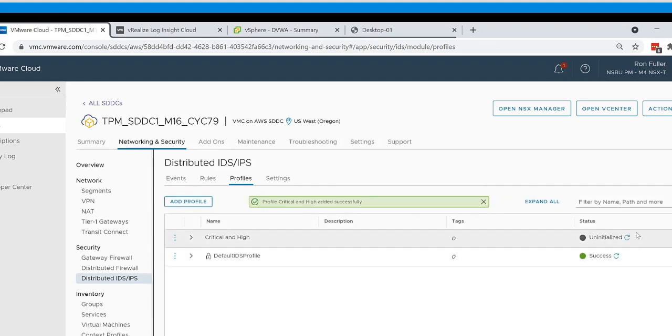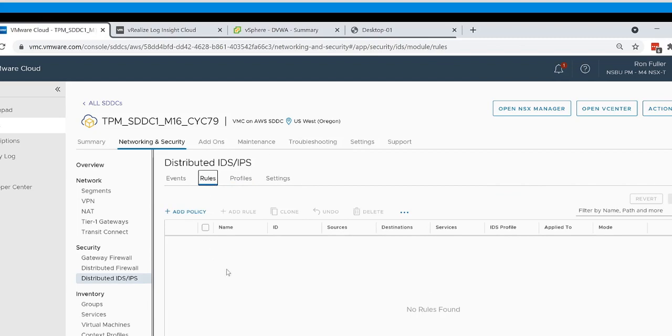Now we have the profile, we have established what kind of signatures we want to be on the lookout for. Our next task will be to define a rule. And the rule is exactly similar to what we have in the distributed firewall, where you define a policy and then the appropriate rule that tells us where we want to inspect the traffic. So we're going to create a new policy called secure app and